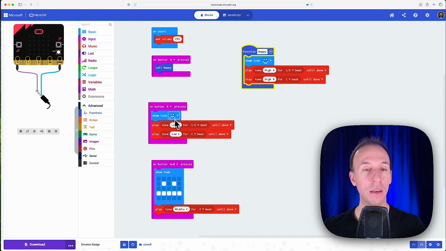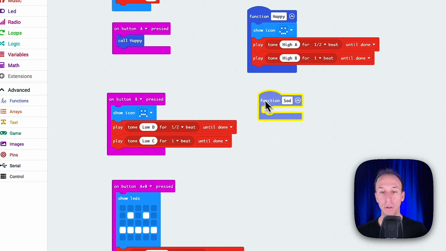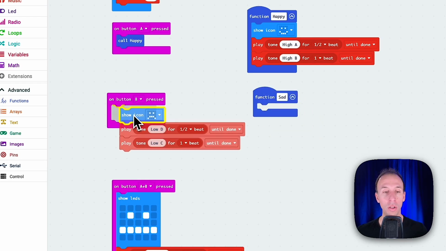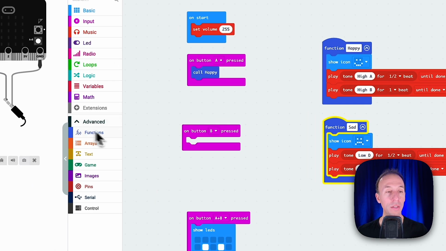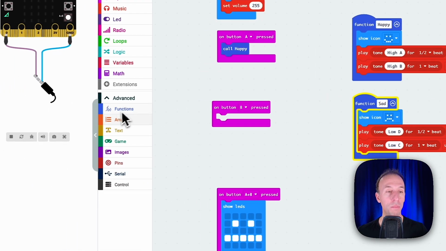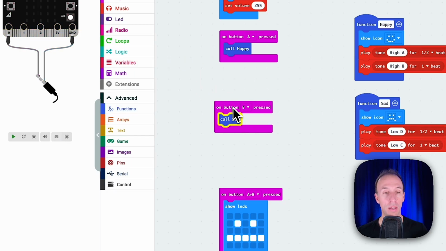Let's do the same thing with sad. So we'll go to functions, we'll make another function. We'll call this one sad, and it will put the function in our workspace. We're going to move all of that code over to that function. And we need to call sad when the B button is pressed. So go grab the call sad